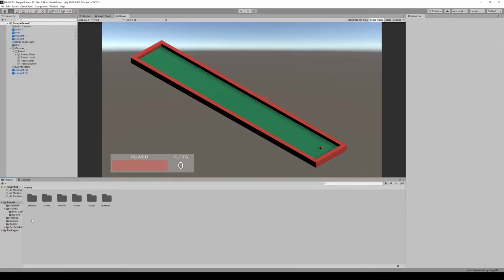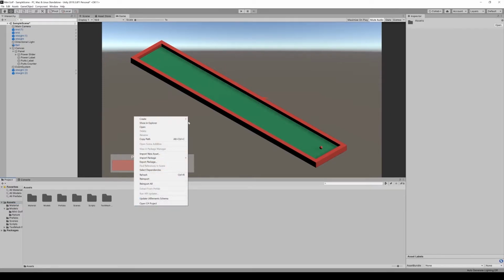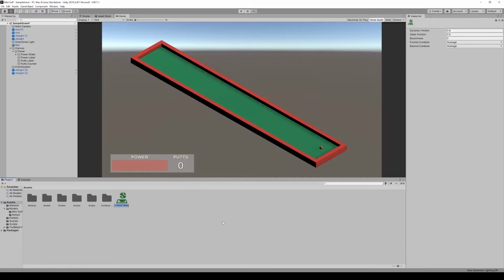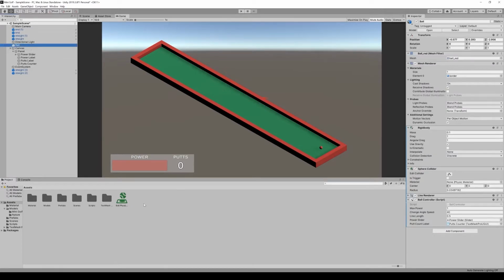Then we need to create a physic material. So we can just go create physic material, and let's just call this ball physic material. And then when we select our ball, we can drag that physic material onto the sphere collider, and then click